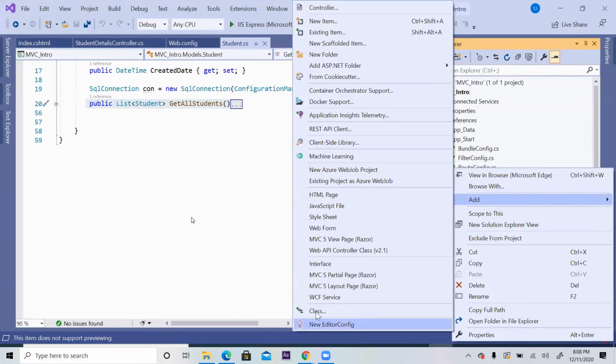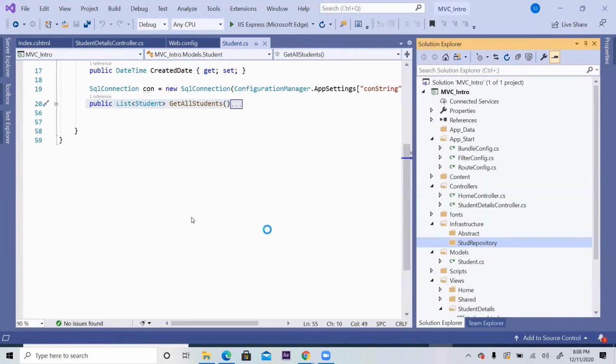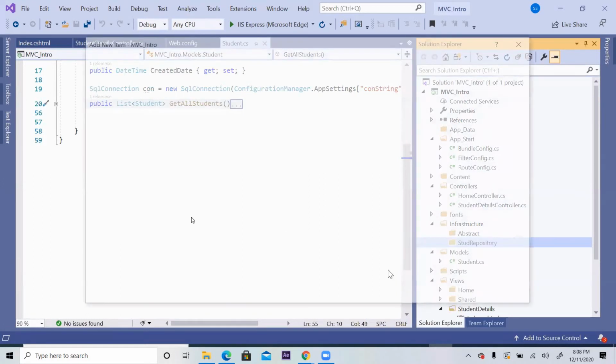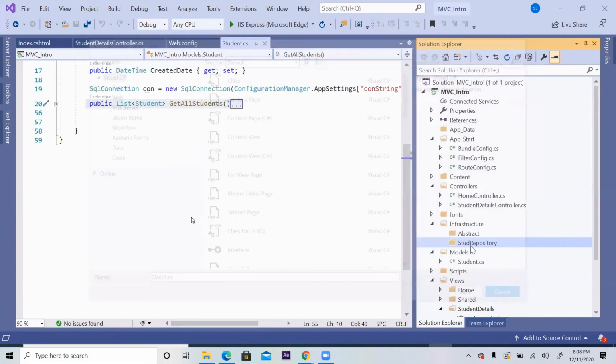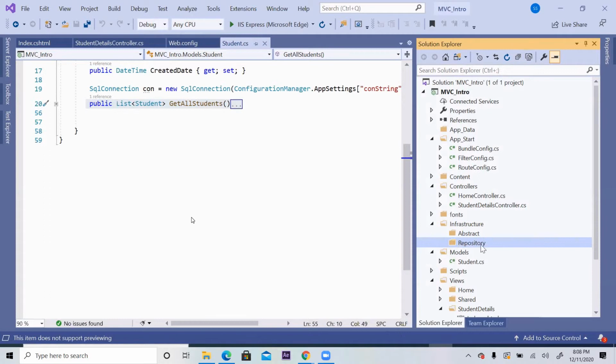So class name, or you can do one thing, name this folder as repository. If you are thinking more than one class file is required, then when you create the class file, give the class file name as student repository, that is also fine.